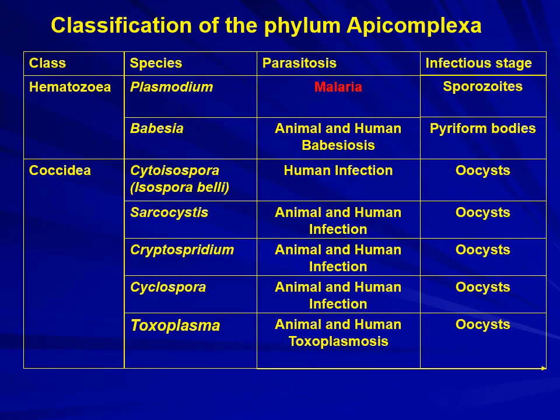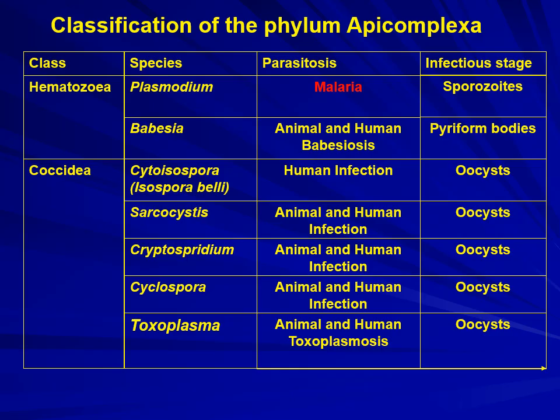The phylum of Apicomplexa regroups a big number of parasites that can be of medical and veterinary importance. Under this phylum, there are two classes, which are the Hematozoa and the Coccidia. Under Hematozoa, we classify the most deadly parasitic infection, which is caused by Plasmodia species and which is causing malaria. Malaria is transmitted to humans after the bite of a mosquito called Anopheles, which upon the blood meal transmits sporozoite stages that will infect first the liver and then the red blood cells in patients.